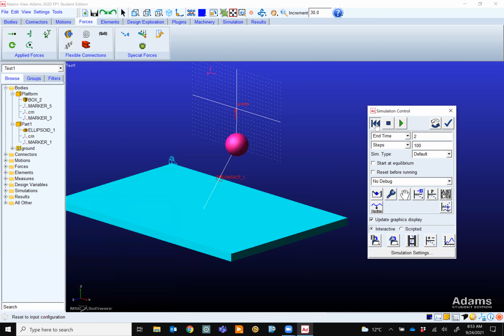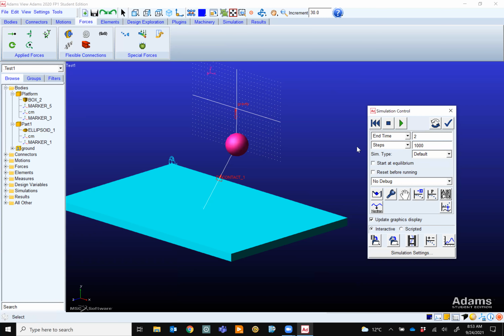Now let's see what will happen. I hit run, boom. So the program gets confused. Why? Because these steps are very small. When you have contact, the equations are really nonlinear, and sometimes you need to use smaller steps.